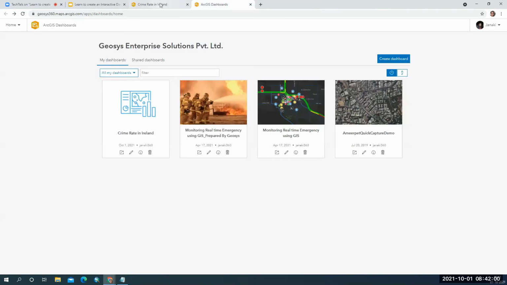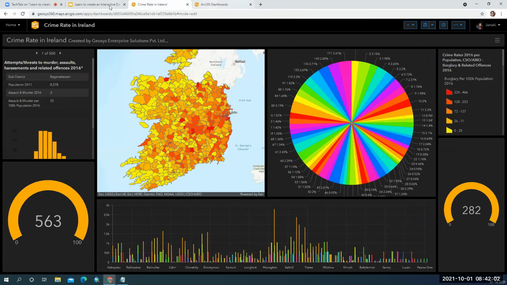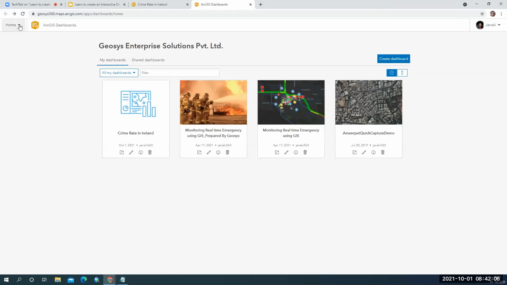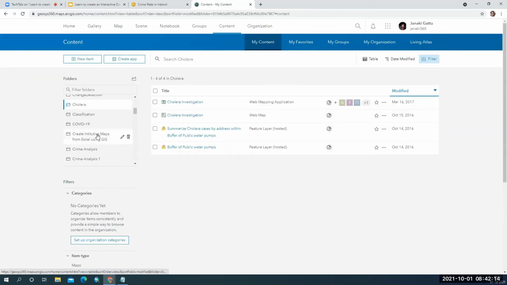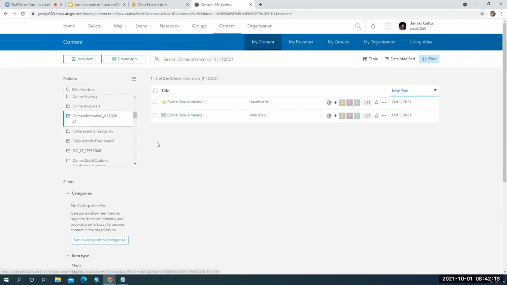Okay, so what I can do is, this is the information, right? And I can go back to my contents page. So today I have created this crime information on 1st October 2021.